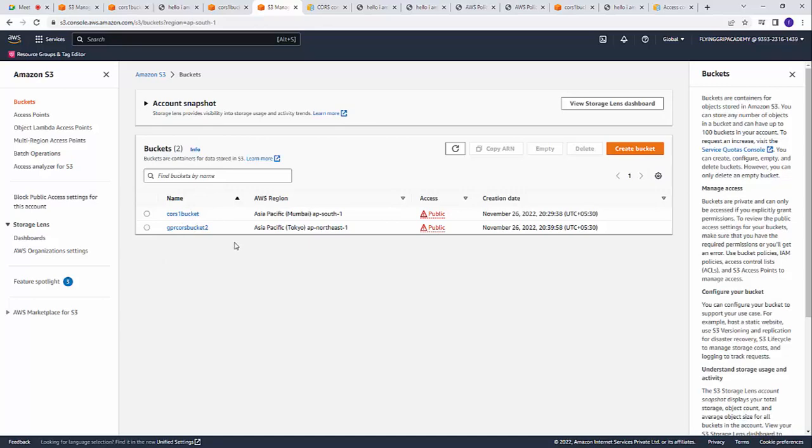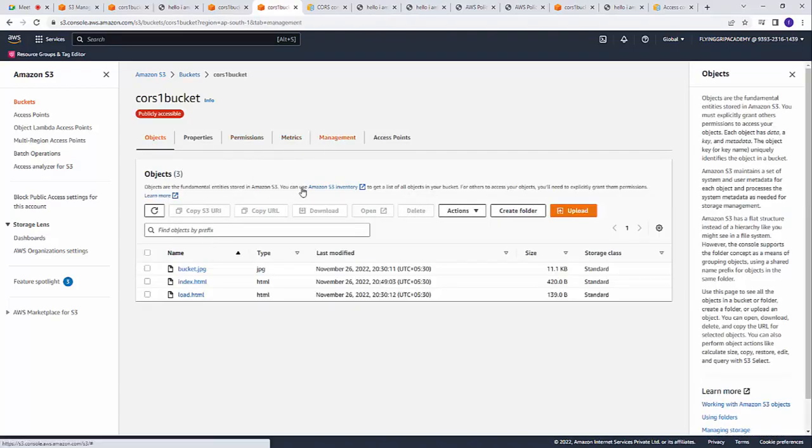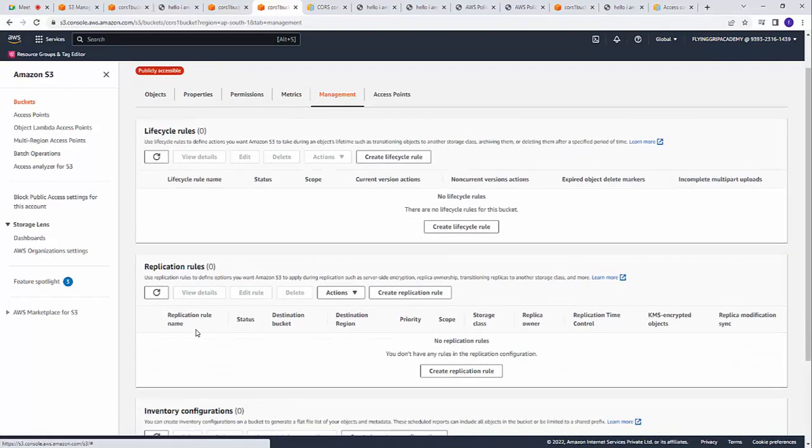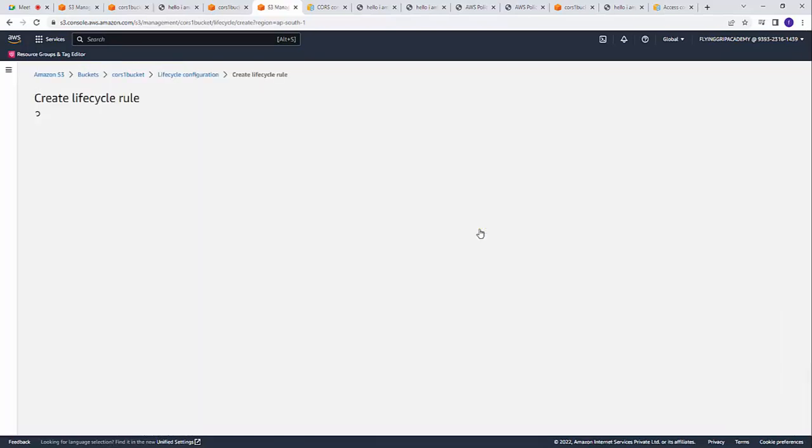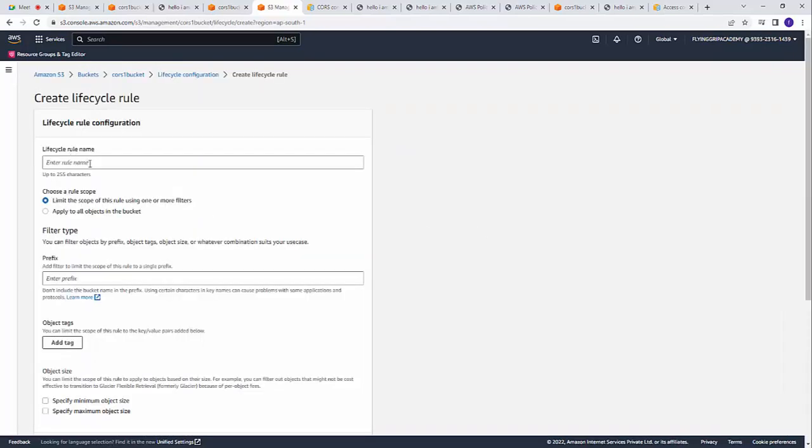If you click on the bucket, here you have Management. Under Management, you have Create lifecycle rule. Lifecycle actions are something like: for a certain period you store objects under one particular storage class, and later you move them to some other storage class. Now if you click Create lifecycle rule,